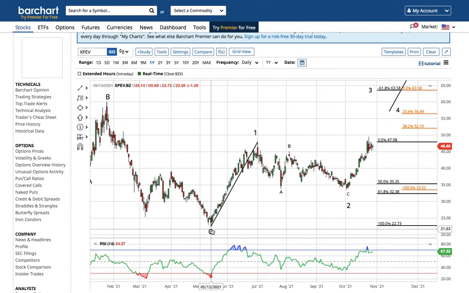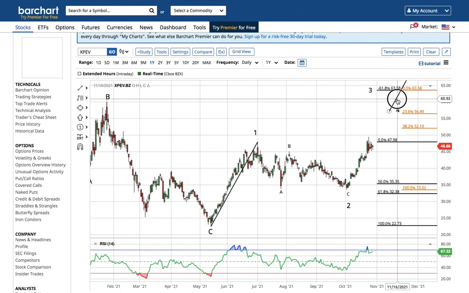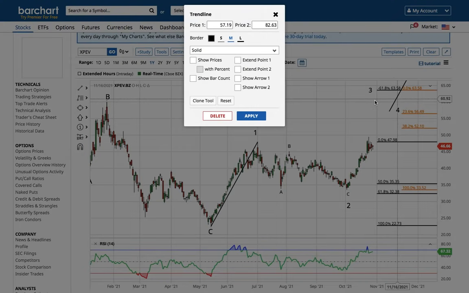So what's important in the short term is from this 513 low, the exact same 513 low as NEO. It's probably the exact same wave 1 high, I would imagine. This is a wave 1 and an ABC wave 2 that ended at the 50 to 61.8% retracement. And then XPEV broke the wave 1 high, so it's within a wave 3 to 63 before a shallow wave 4 correction and a wave 5 higher. Waves 1, 2, 3, 4, and 5, possibly in the first half of 2022, will take XPEV to 82.